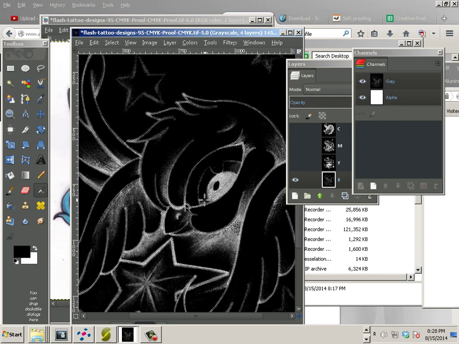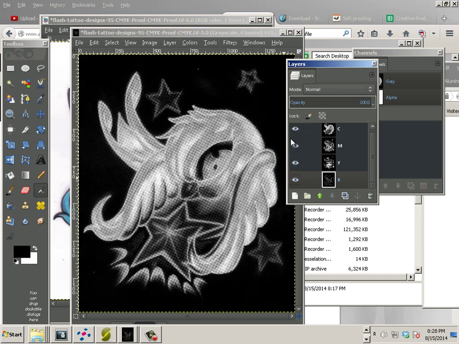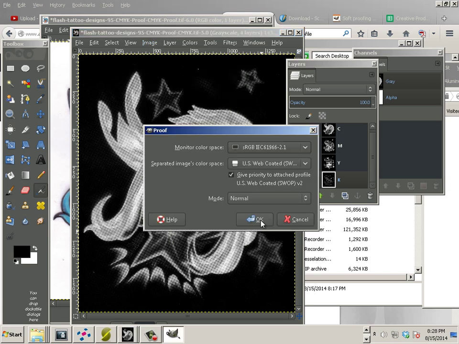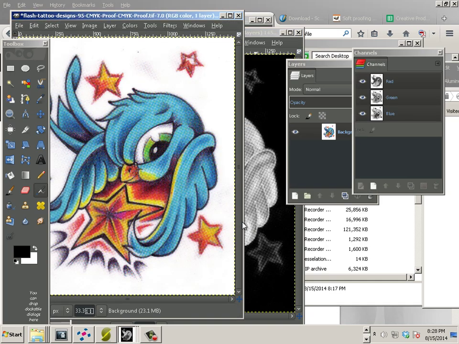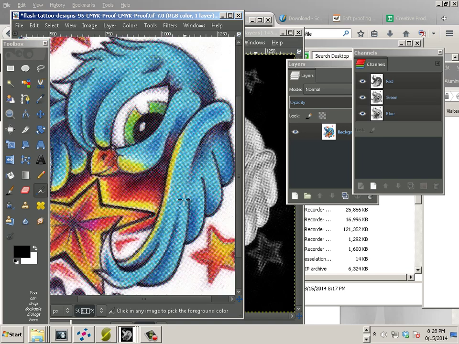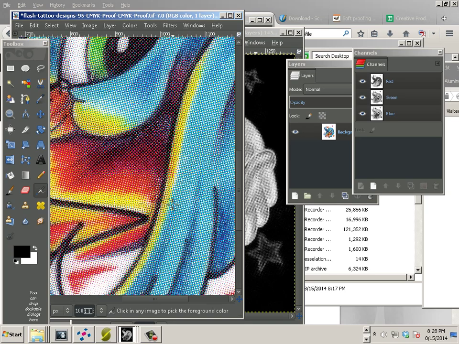Okay, now how do you know it all worked? Well, let's try it. We'll take and put all these back, and then we'll take it and proof it. So image, separate, proof. Make sure it follows the same guidelines as the last video, and hit OK. Bam! You now made a CMYK image from what would be a pseudo not so good image from the internet that is ready for